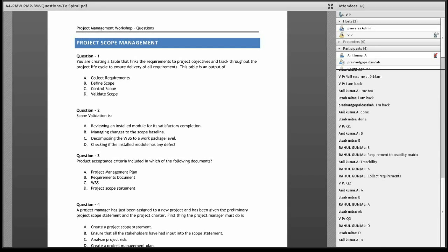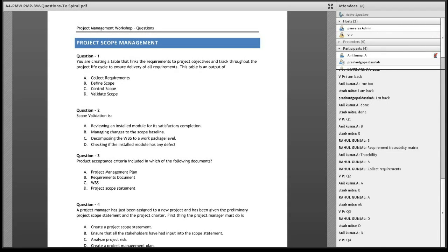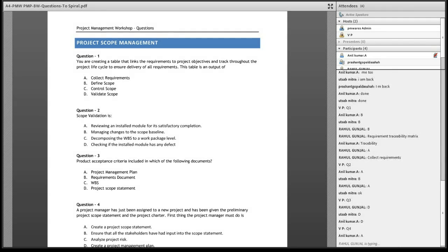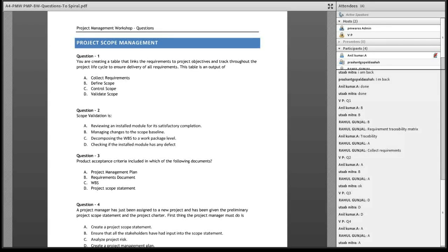Fantastic. What about question number 4? All A? Oh. A project manager has just been assigned to a new project and has been given the preliminary project scope statement and the project charter. First thing the project manager must do is,